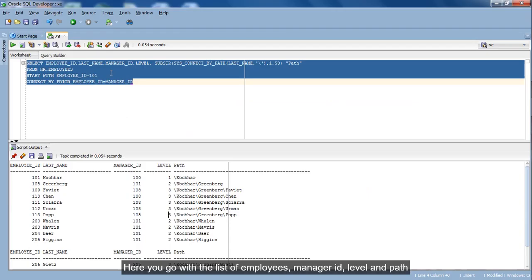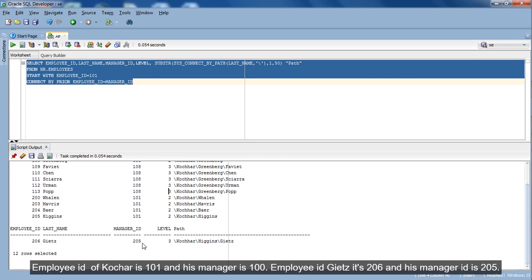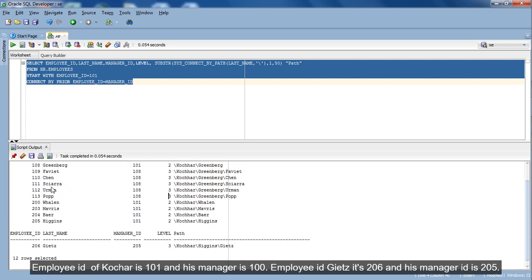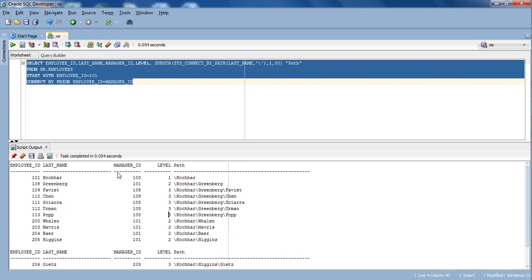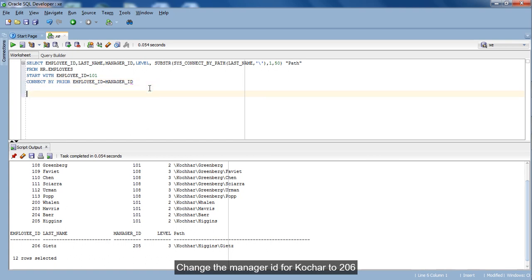Here you go, with the list of employees, manager ID, level and path. Employee ID for Kochhar is 101 and his manager is 100. Employee ID for Gietz is 206 and his manager ID is 205. Change the manager ID for Kochhar to 206.